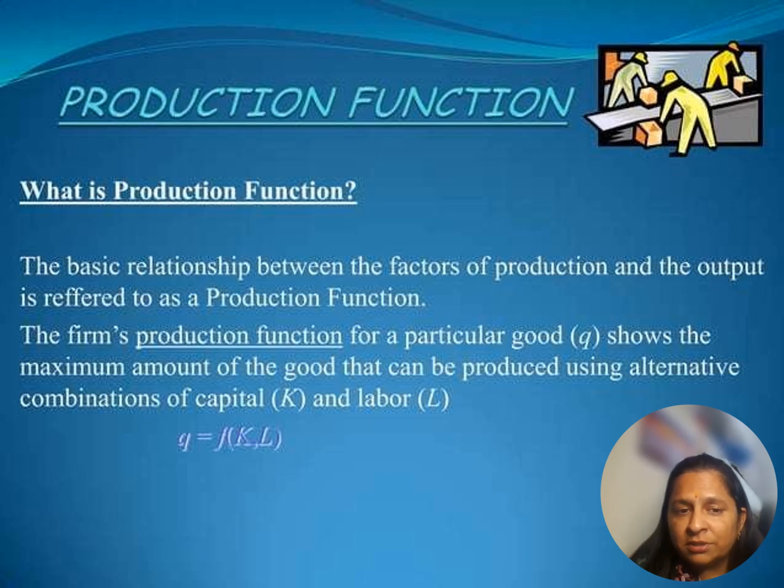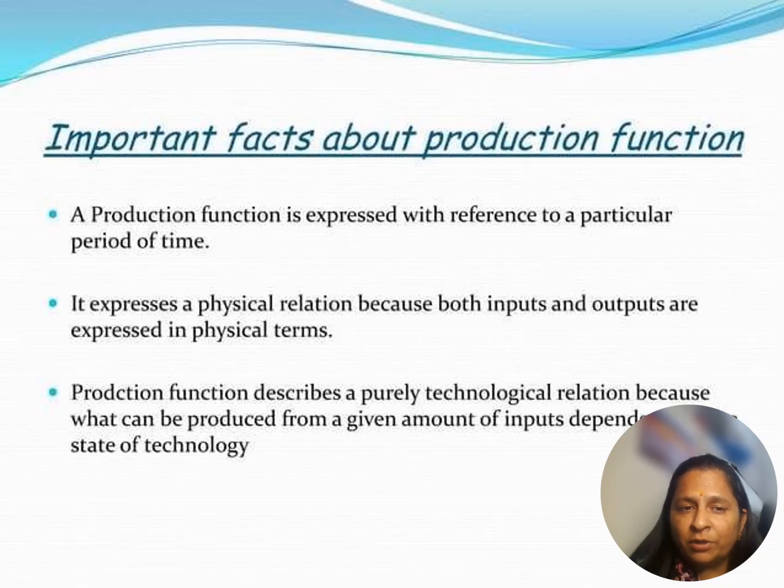Production is a function of the four factors of production: land, labor, capital, entrepreneur. In the short run we have the production function, where K shows the capital and L shows the labor. An important fact is that the production function is expressed in reference to a particular time period,